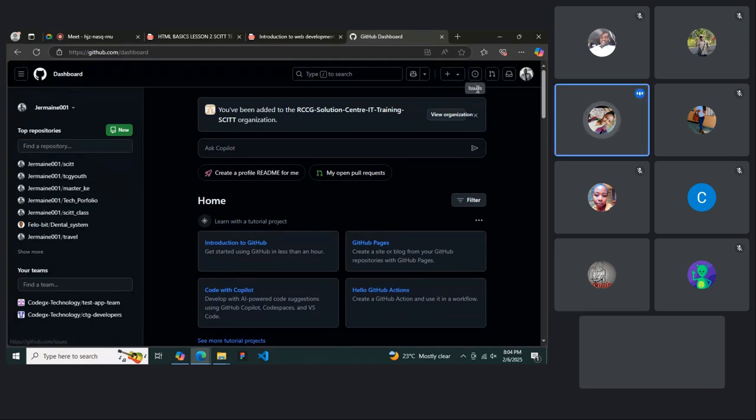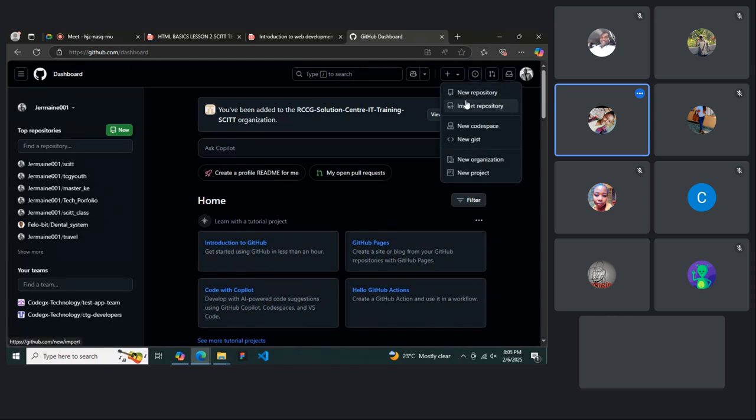For me, you can tap on the icon written project. For me I see an icon written project and you can create a new project from there. Or